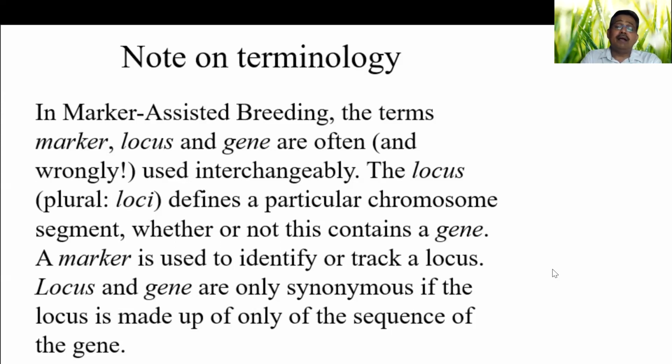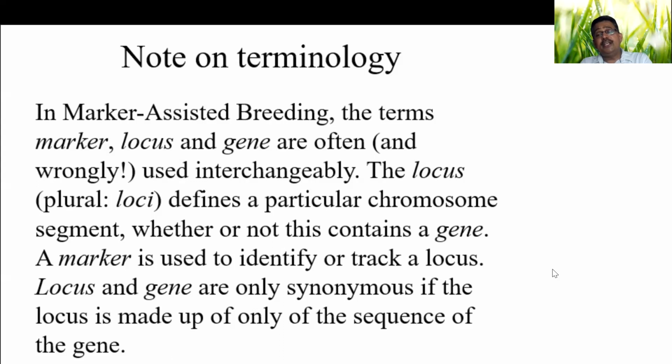Also there are gene and marker, which people always confuse. Gene and locus are usually synonymous, because when you call it a trait or a gene or a locus, it represents a particular trait. For example, flower color, red color, winged nature, endosperm type. These are all genes, if fully characterized. If it is a particular region on the chromosome, we call it a locus. So it is synonymous there. But when you talk about the marker and the gene,